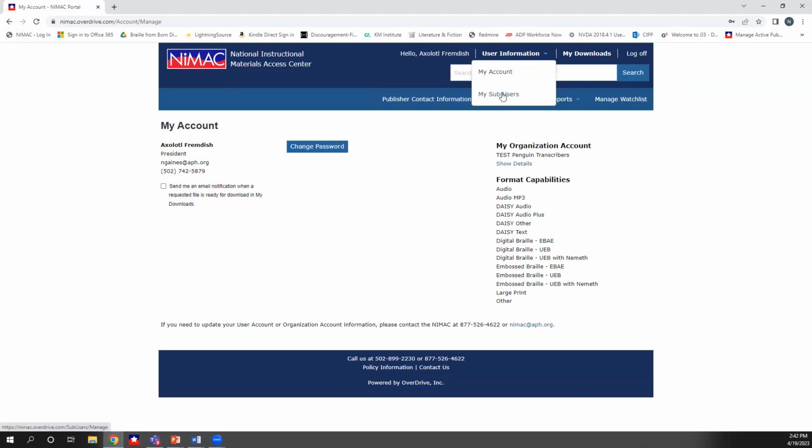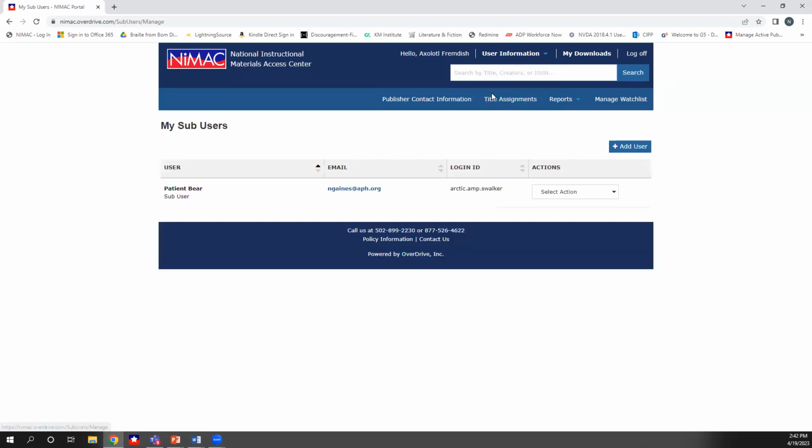The other thing that I wanted to point out is that if you're under user information and choose my sub users, one of the things that's really nice as an accessible media producer is that if you work with other folks, some folks are individual, you might be an individual Braille transcriber, or you might work with an organization that has more than one staff person. So as the administrative user for your organization or agency, you can add additional users that have their own login and password to be able to log in and download inventory.